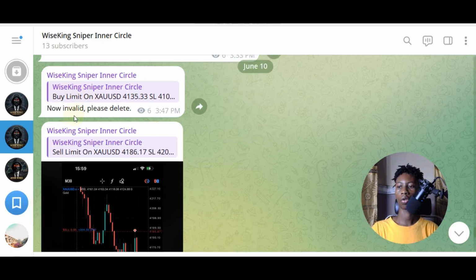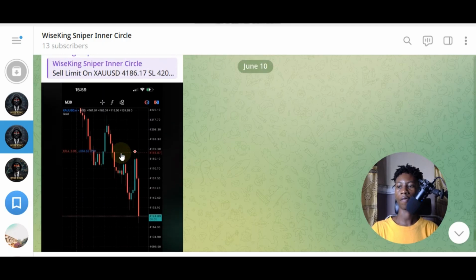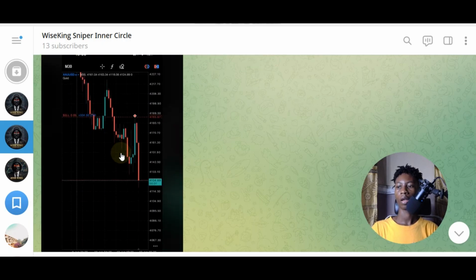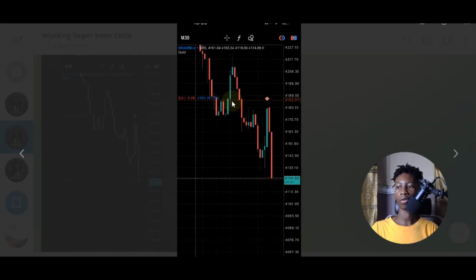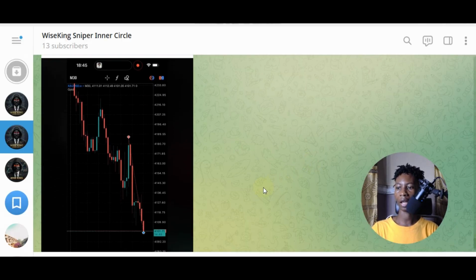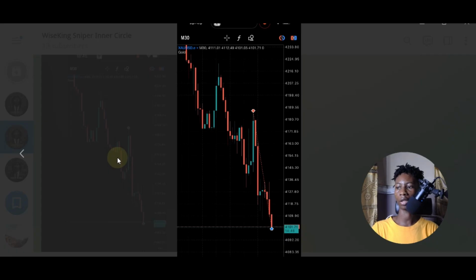So right here I told them the buy limit is now invalid, please delete, and the very moment the sell limit was valid, you can see I was up about $304 in profit on this particular trade, and it's still liquidity that I'm trading, so you can see everything. So I was up about $304 right here, and also the moment I closed the trade,